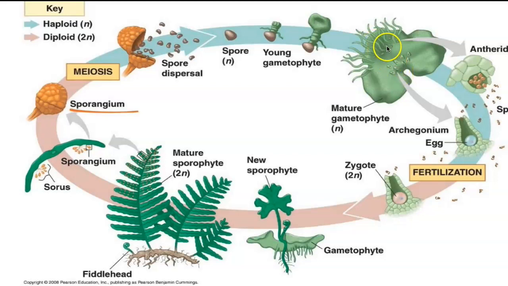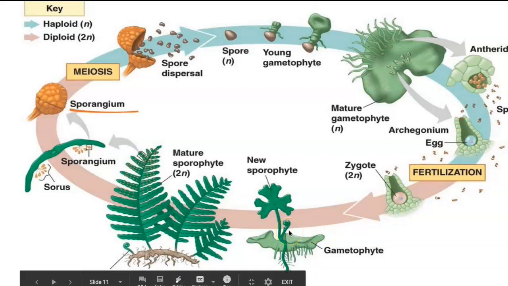Now, you're not going to have the fern fertilizing itself, and that's for genetic reasons. We won't go into detail, but nonetheless, you're going to have one mature gametophyte meet with another mature gametophyte. They're going to find each other on the ground somewhere. Eventually, there's going to be some water that gets these gametophytes wet, and that's going to allow the sperm to transfer to the eggs with fertilization, and then you're going to get your true fern starting out. And then that cycle continues over and over again.